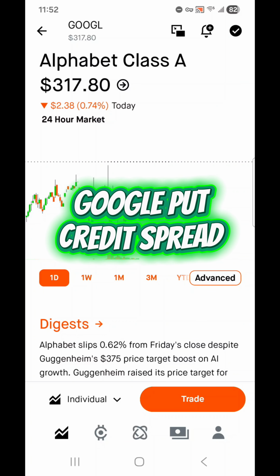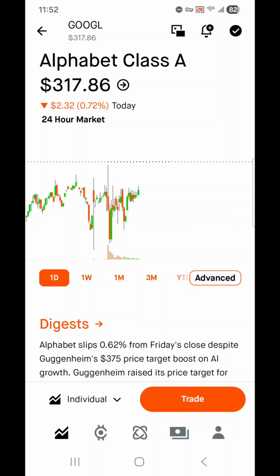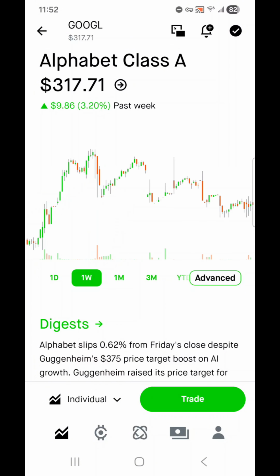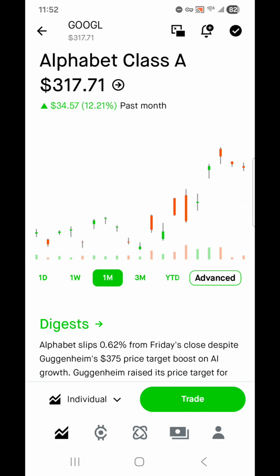Let's open a put credit spread on Google. So put credit spread is a way to collect premium for betting on the direction of a stock. So in this case, it will be saying that we think that Google will increase in value in the future,